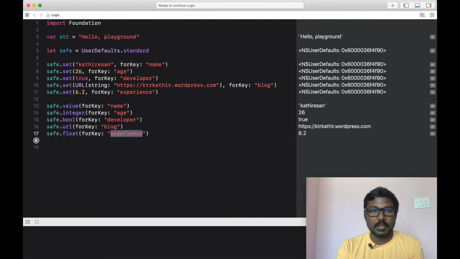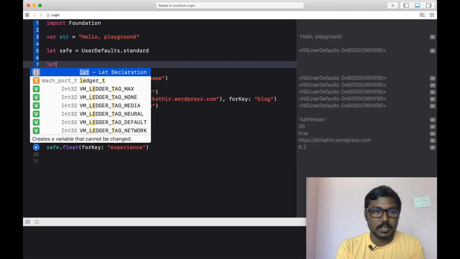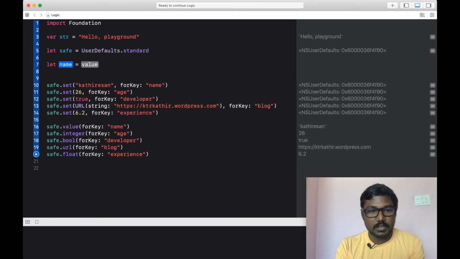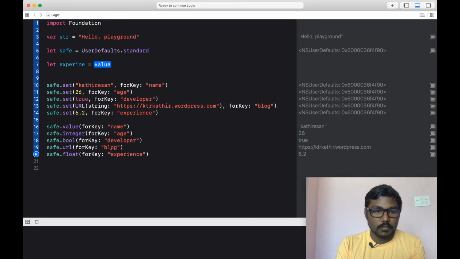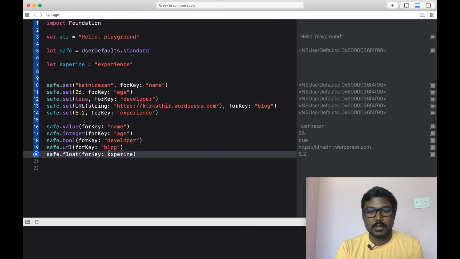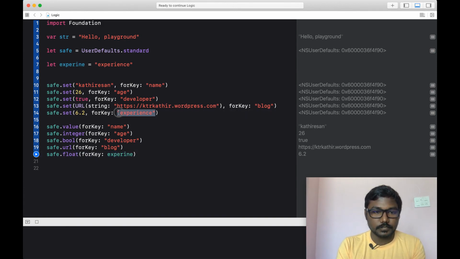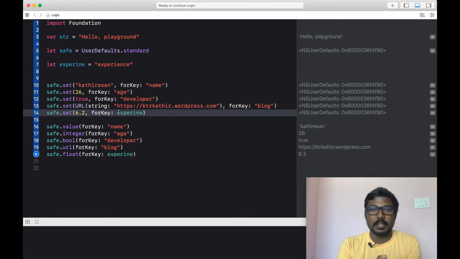If you may have issues storing the value, we can set it as a let constant, like a value for experience, store it in a variable, and use that instance there. So we can avoid issues when retrieving the values.